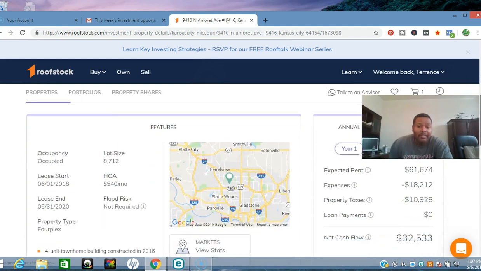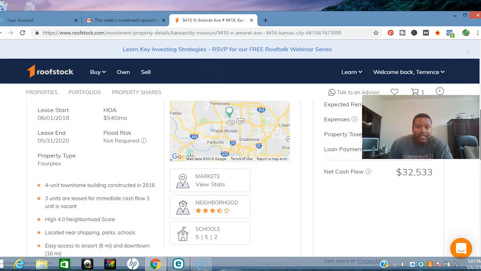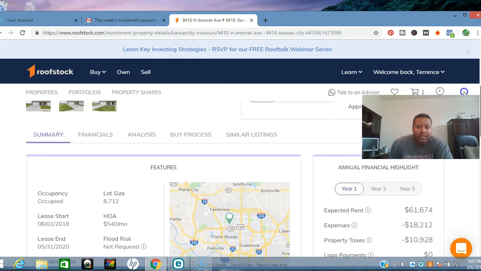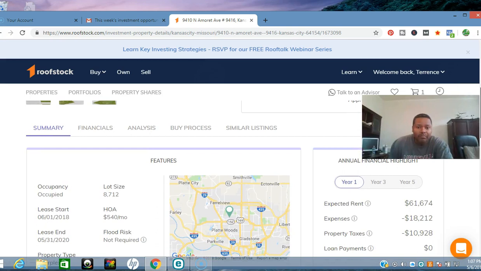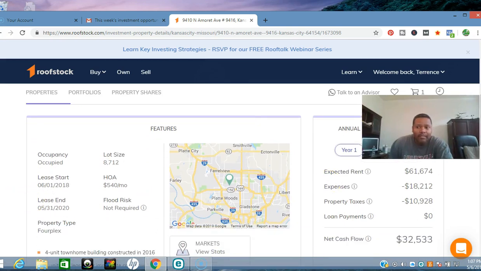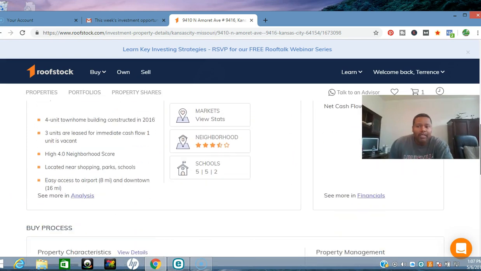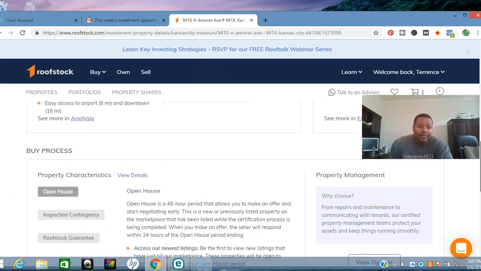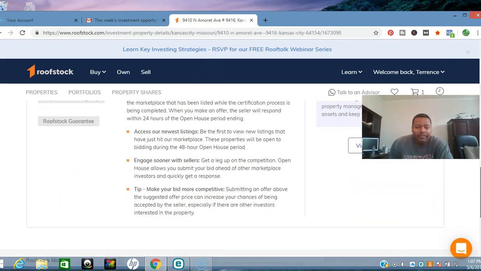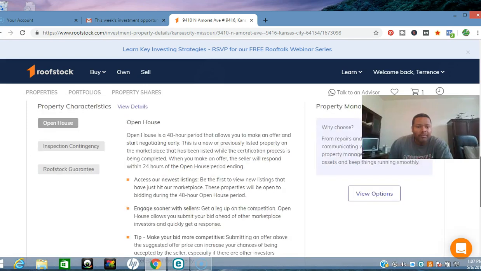Just to give you an idea, I'm just scrolling through the site here. The net cash flow is shown, and they tell you a bit more about it. Of course, with real estate investing, especially if you're buying in any state, you need to be able to visit it. But this is extremely valuable in terms of